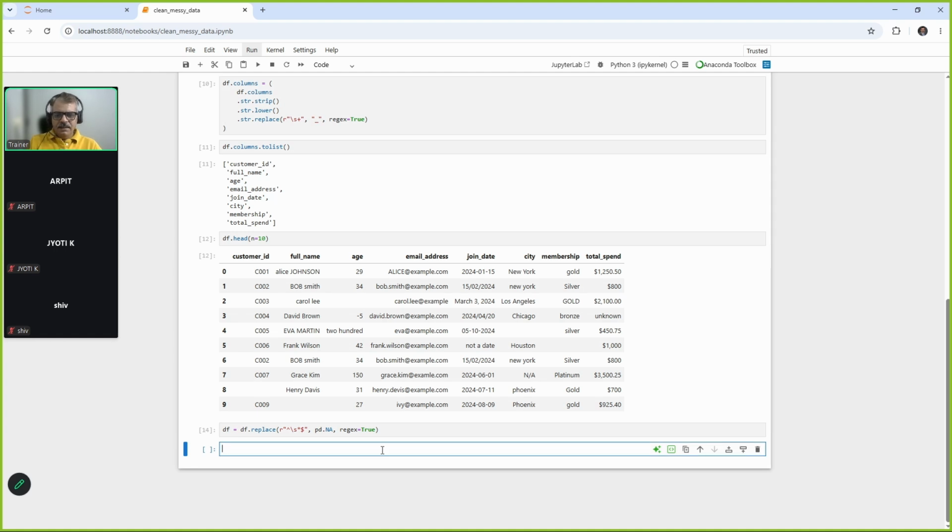Okay, next, now we have this NA, right? Maybe this NA is in lowercase or NA without backslash, and we have unknown, right? Replace this, and we have this "not a date" also, right? So replace these values also with NA. We have replaced spaces with NA, right? Now in next step